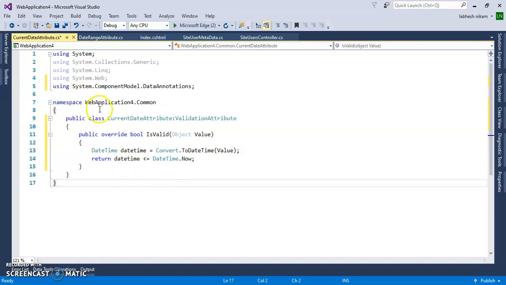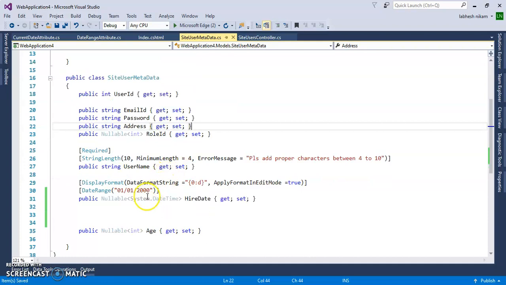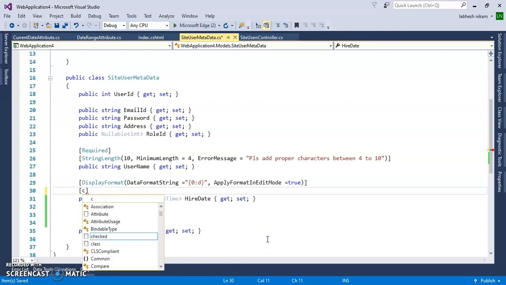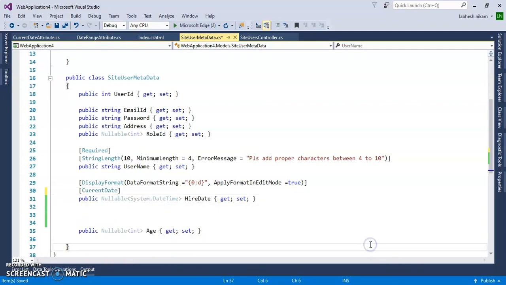And we will pass this class name, CurrentDate, inside of the SiteUserMetadata class where we are making the validation. In place of the data attribute, I will pass the class name CurrentDate. So like this you can give the validation using these two ways.